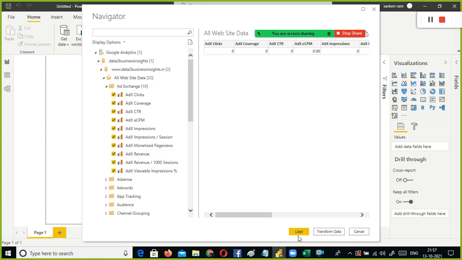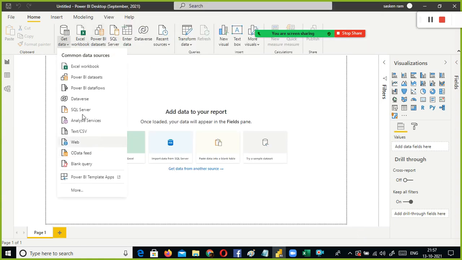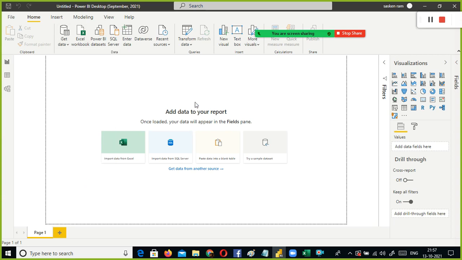You can load this data. If you have data in it, you can load it. What data am I loading here? Online data, right? You can use data from an Excel sheet, and also you can extract data from online. See, I don't have the data locally. Everything is there in my Google Analytics. Google provides the Google Analytics feature.